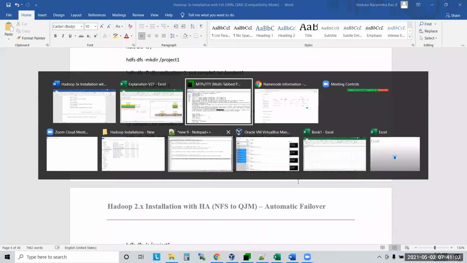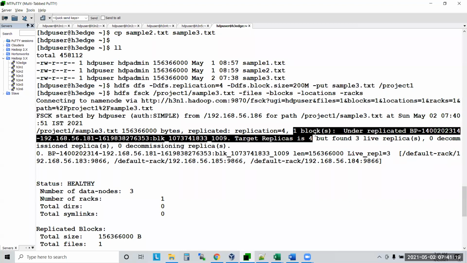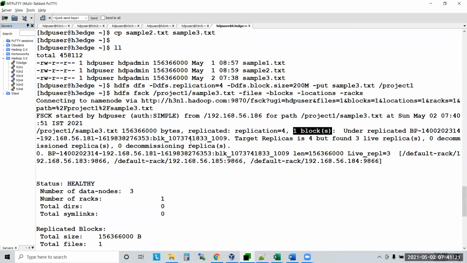It has given them. Now what is the replication factor? It is asking for 4, four copies. Now how many blocks did I get, guys? My block size is 200 MB, but my total file is 150 MB. So how many blocks did I get? Only one block. The name of that one block is blk_1833.